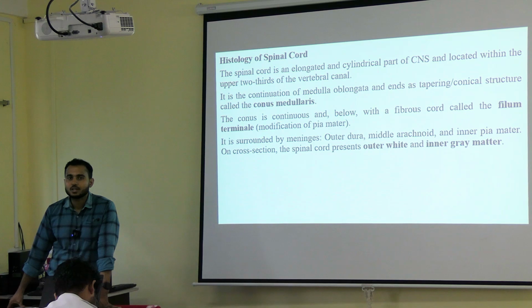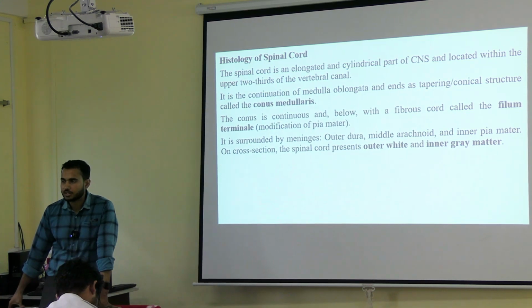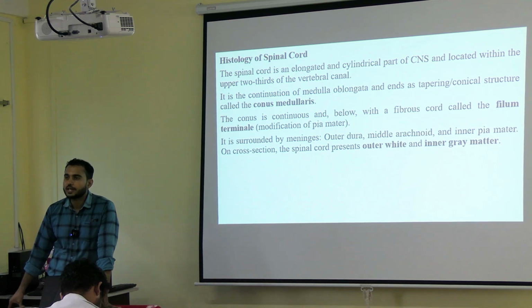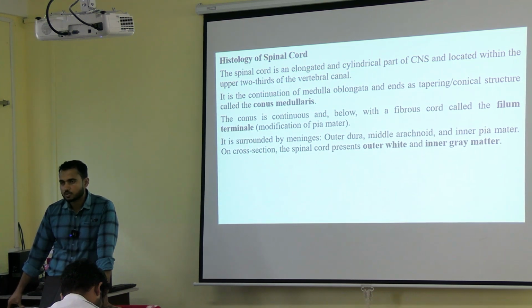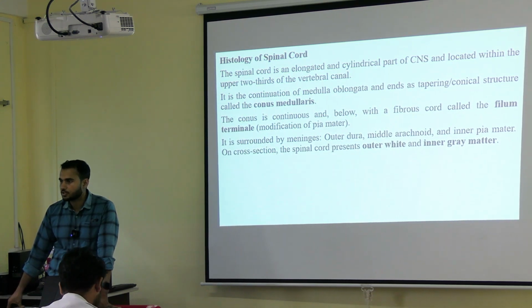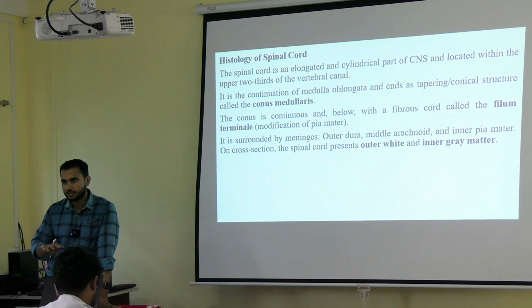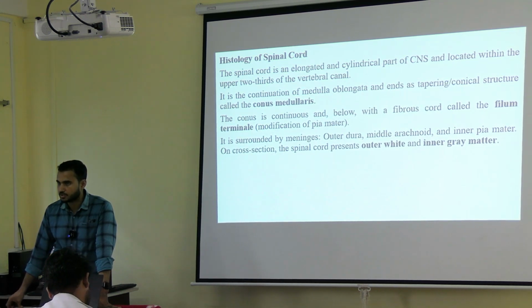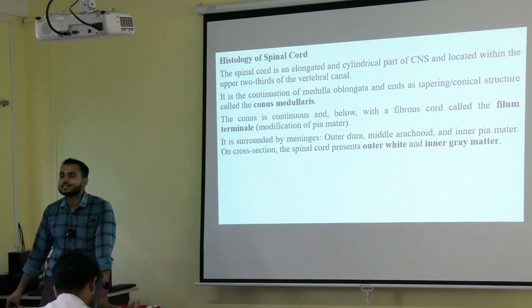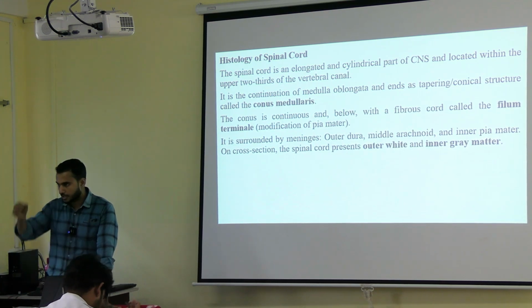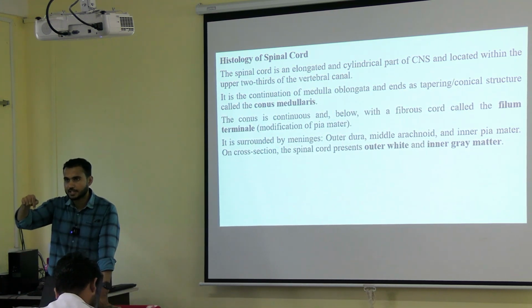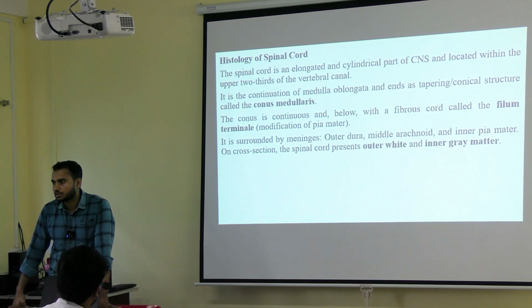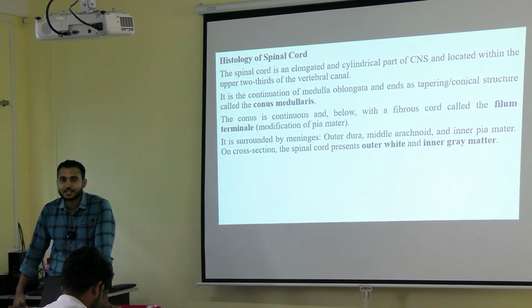Okay, so these are some basic structure of the spinal cord. Next, as you know, the spinal cord is a part of central nervous system. So it is covered by all the layers of meninges. Dura mater भी है, arachnoid mater भी है, pia mater भी है. Okay, all the layers are present. Okay. Next, at the center of the spinal cord cylindrical होता है. At the center of the spinal cord, a canal is present. What is the name of that canal? Central canal. Okay, central canal is there.